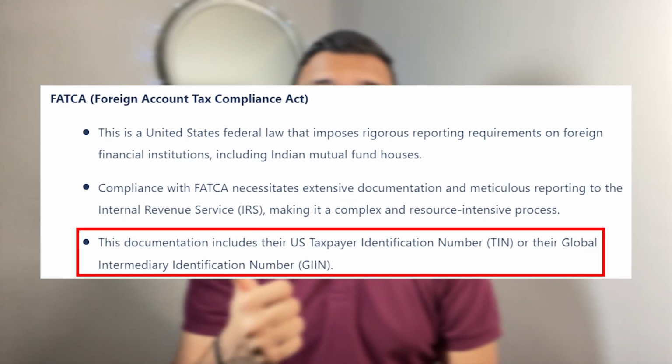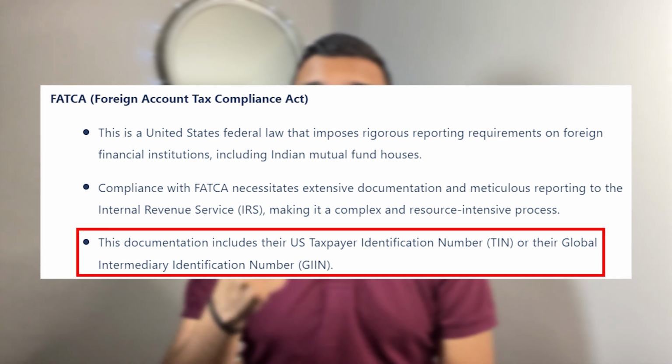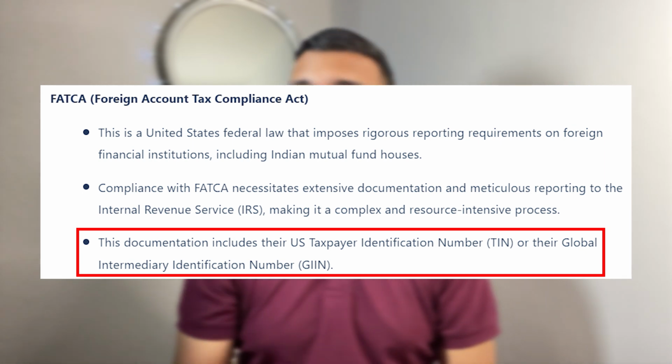Now the most important point here is that you have to provide your tax identification number and/or global intermediary identification number. And because of these complications, not all asset management companies, mutual fund houses, and third-party broker apps accept investments from USA and Canadian NRIs. But don't worry, I'll provide you a list of some asset management companies which accept investments from NRIs residing